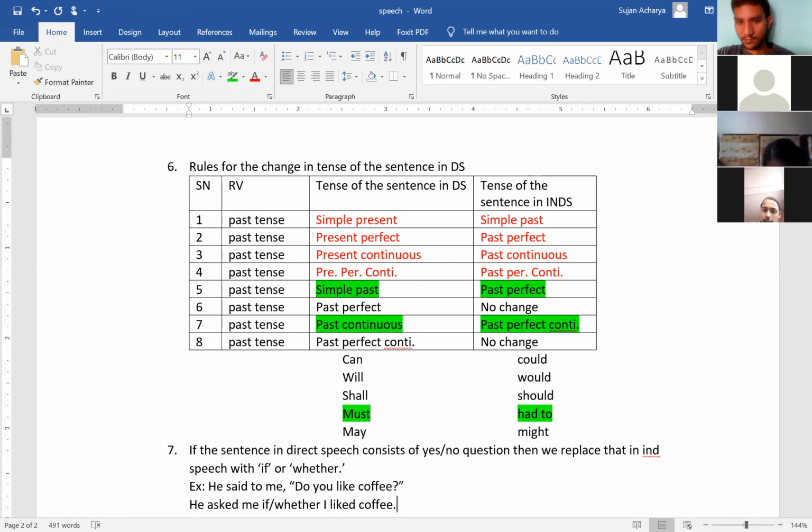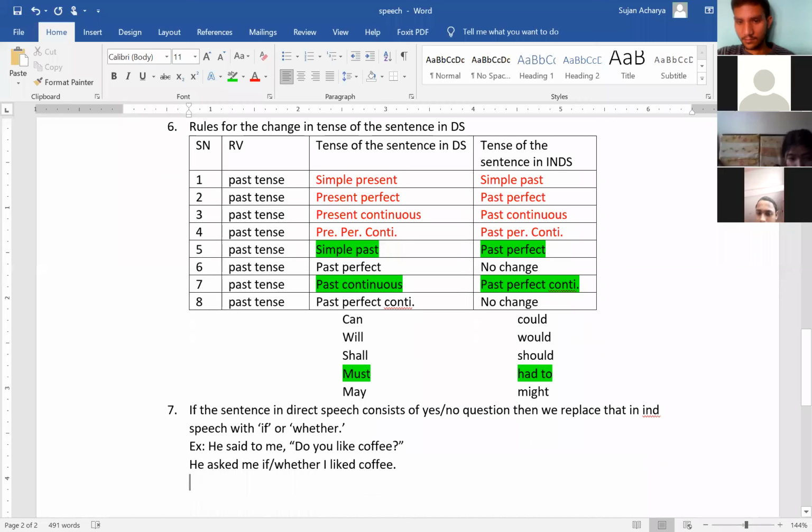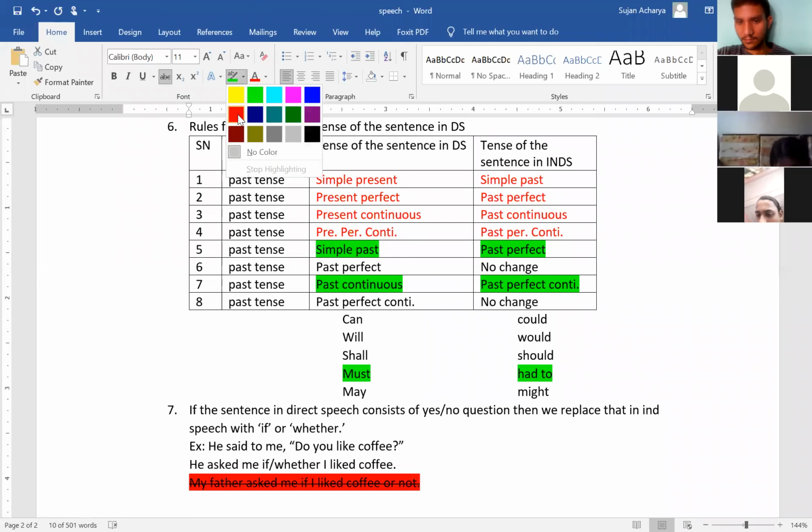And even while writing, don't ever write like this. If you are writing a letter or essay, don't write sentences like this: My father asked me if I liked coffee or not. That is not done, whereas we shall write